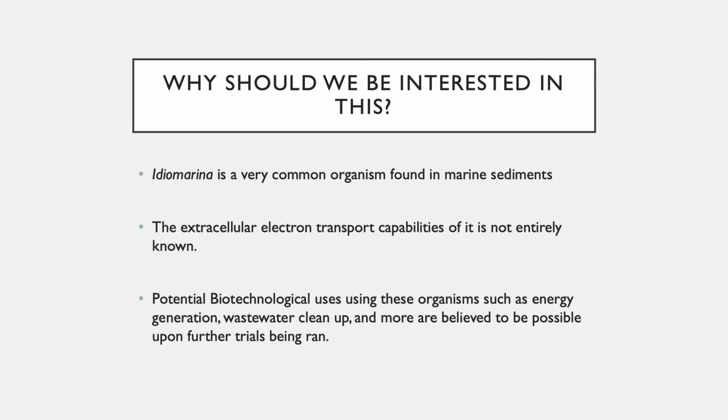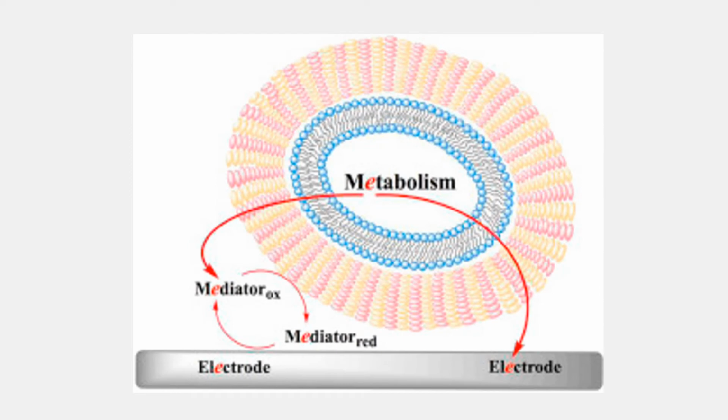And taking this through a genomic approach, we hope to better understand the processes that it can undergo and learn further capabilities of it. I just wanted to include this image here just to visualize what this extracellular electron transfer is. So starting where metabolism is in the center, that's going to be where we are intracellular, and then following the red arrows out towards the electrode, it's going to be moving the electrons extracellularly,